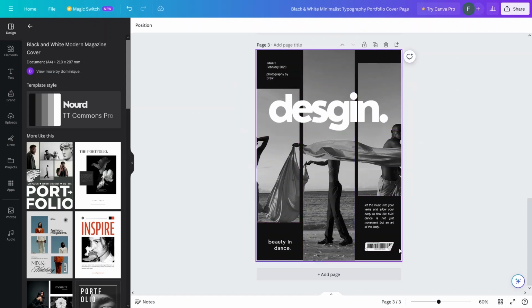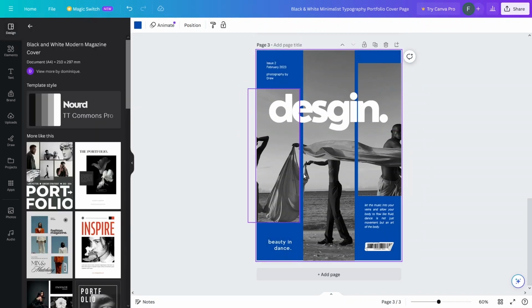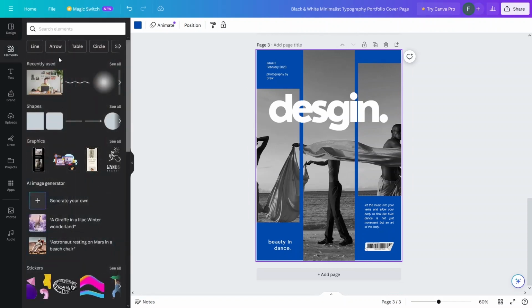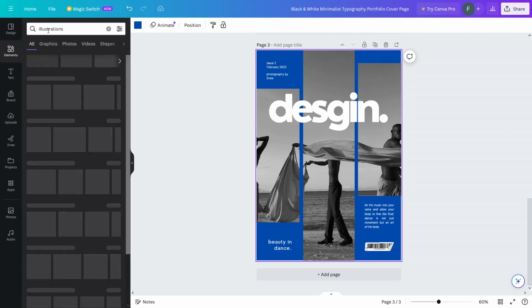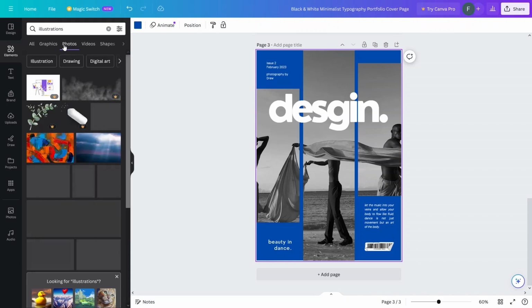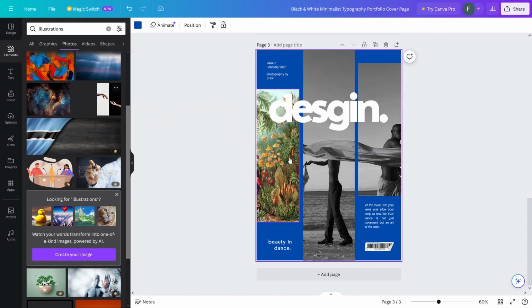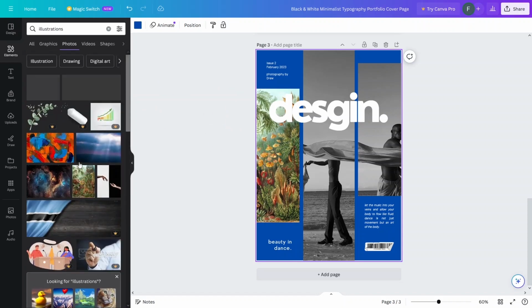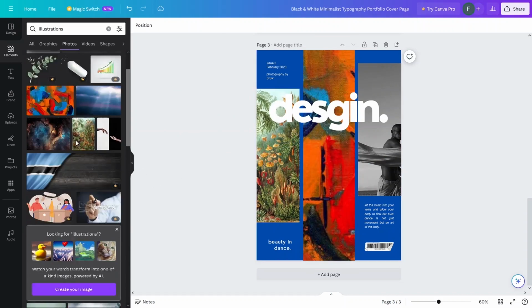And now I have to change the background color first, so that would be the dark blue color, and I have to change these designs. Okay, so we can search for the images here, illustrations, and the photos. All right, so these images can be used as the illustrations. Okay, so we can also have this one. This looks great. And in the last,